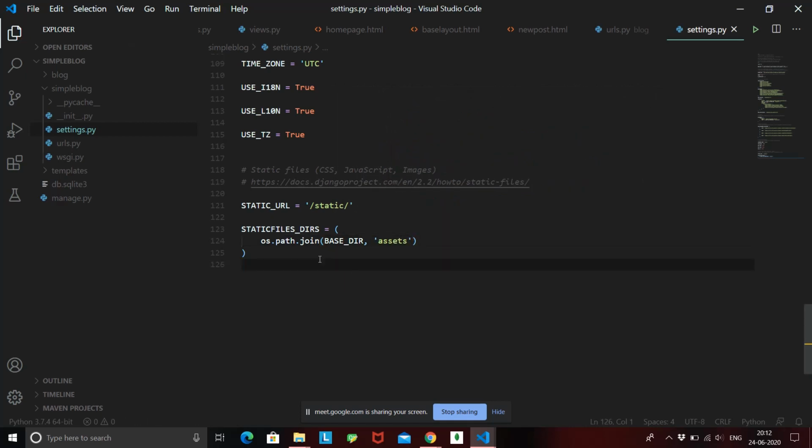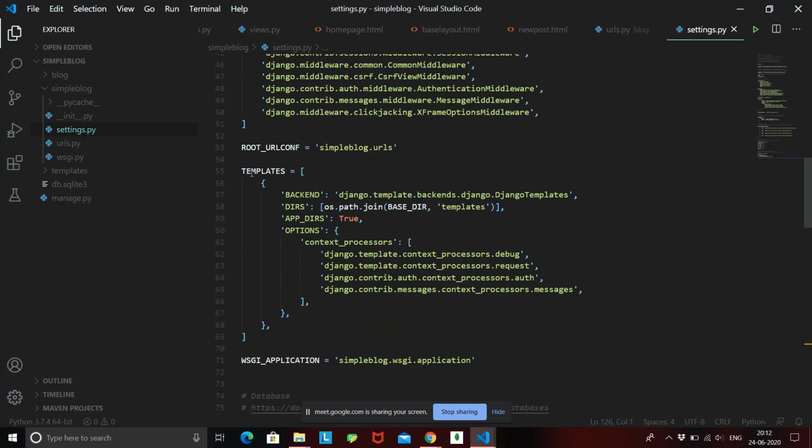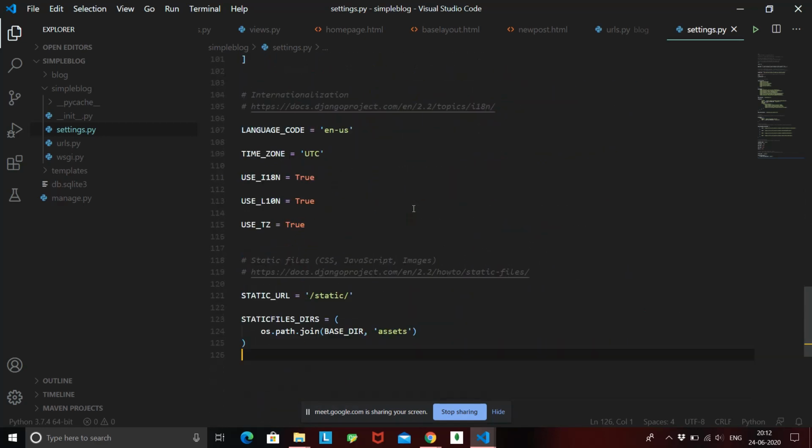Now what's happening over here, this is a very familiar statement, right? We have joined our templates folder to our base directory in the same way. Inside the settings, we have joined template dirs, that is template directories, to the base directory. So we are doing a similar thing with the static folder.